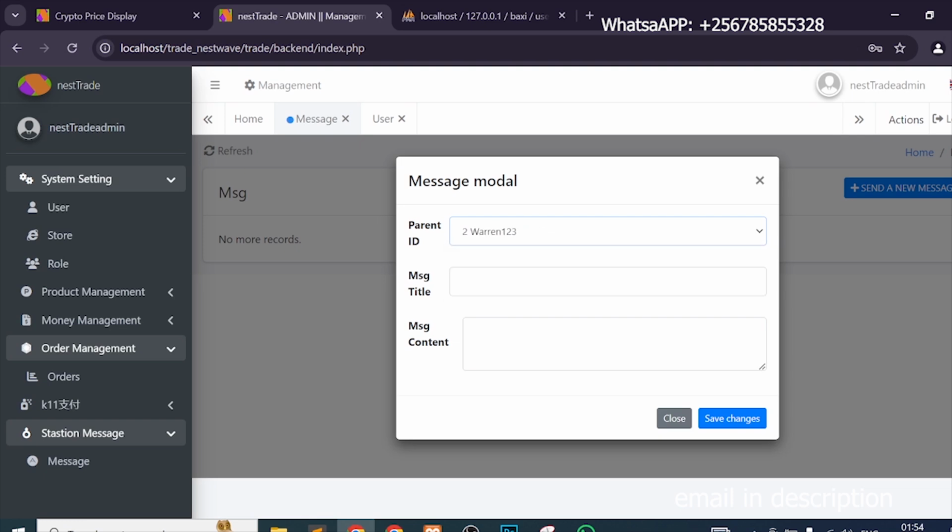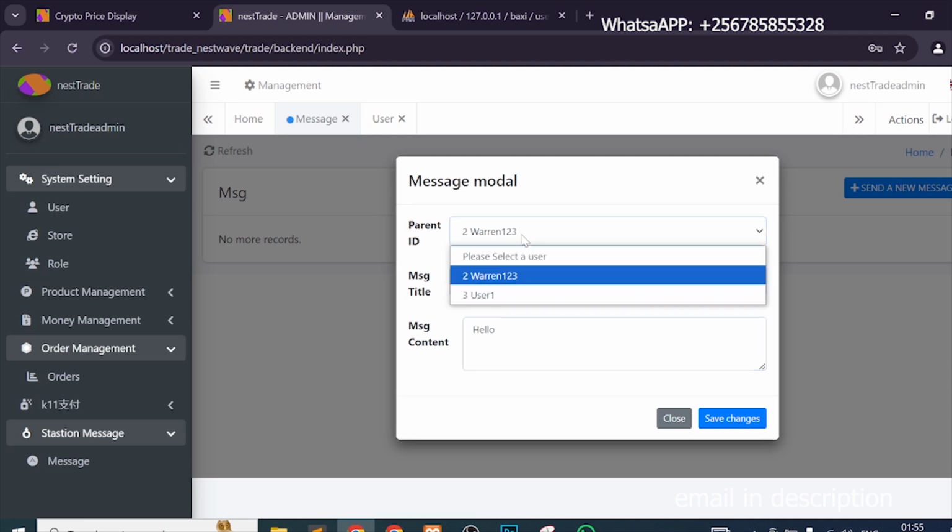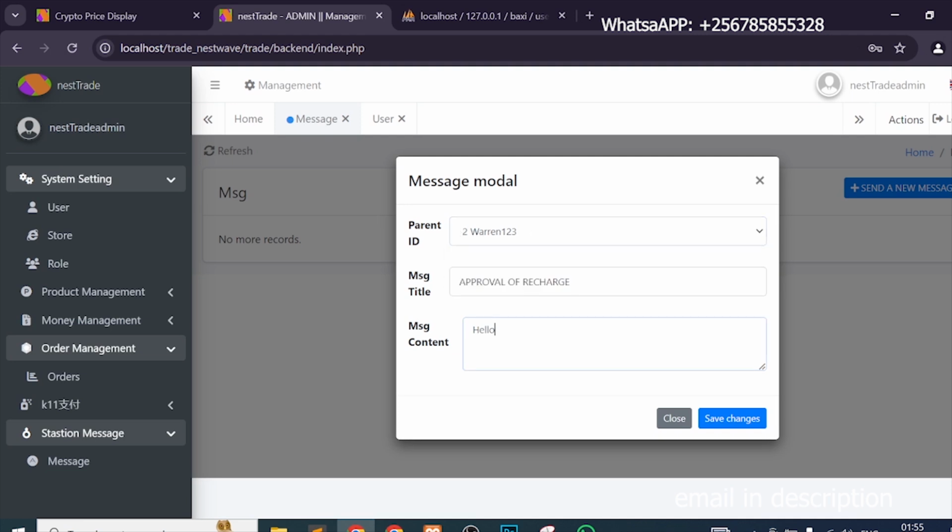But this time around I want to send a message to the second user. Okay, to the first user but with the ID 2. You can see this right here. So I'll say approval of recharge. Remember I tried to recharge for this person, so let me just send him a message, and I will say hello. I'll just copy this username, hello Warren,